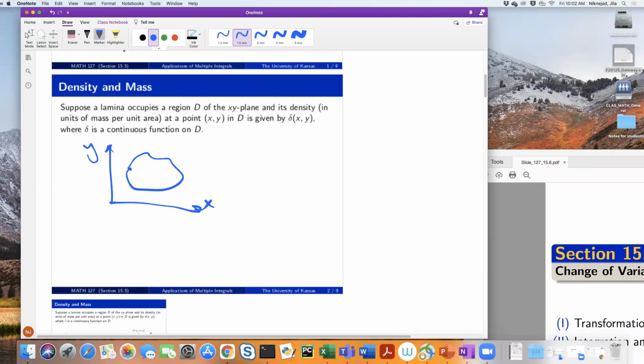And we explained before that if the lamina has a density function, the mass density, that means that at point X and Y on the lamina, if you have an infinitesimal little rectangle around it, you will get basically that infinitesimal rectangle area times the mass density, the unit of mass over units of